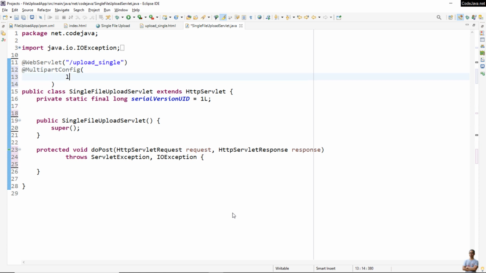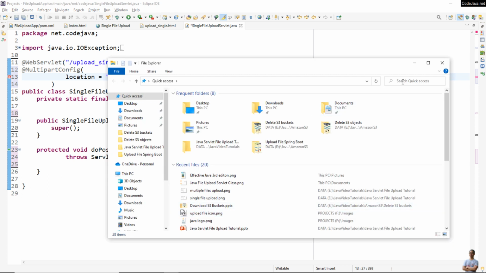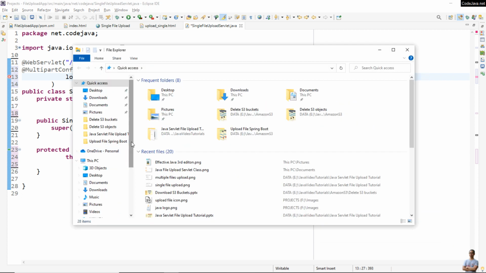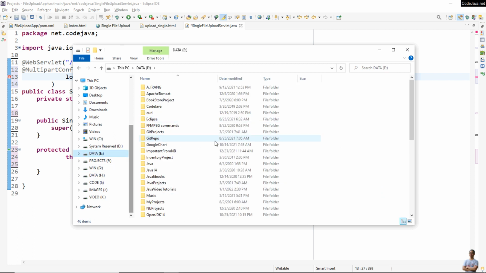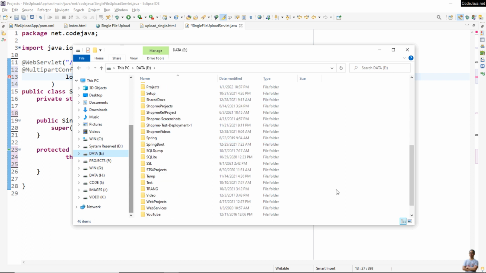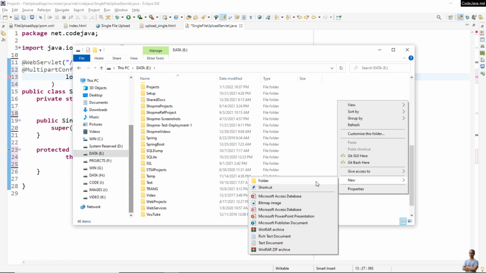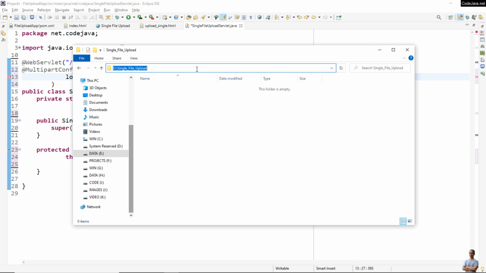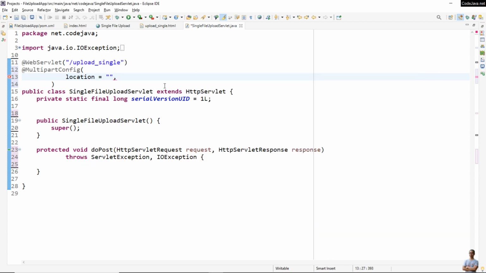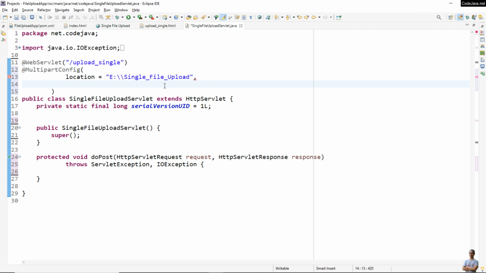The location is a directory, so I choose a directory on my computer. For example, I choose a directory in E drive. Okay, so create a new folder, single file upload. Okay, and copy the path of the directory. Okay, and then specify the